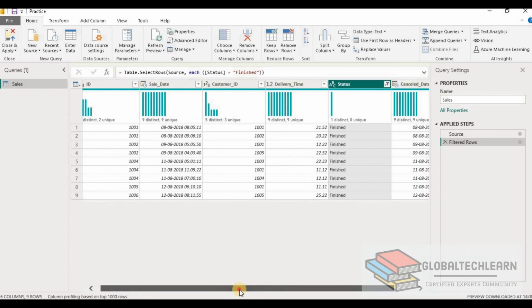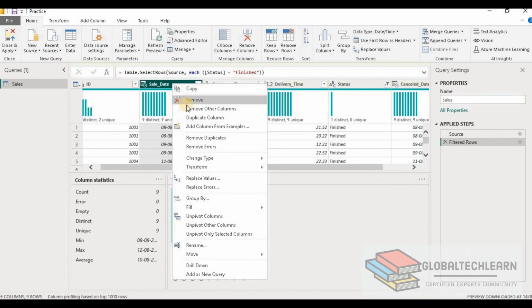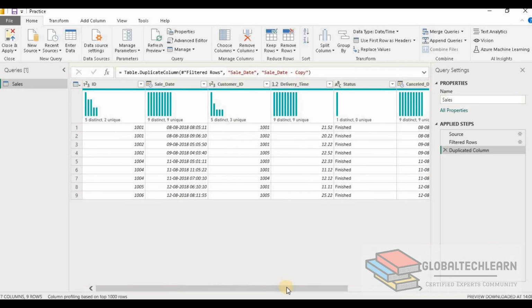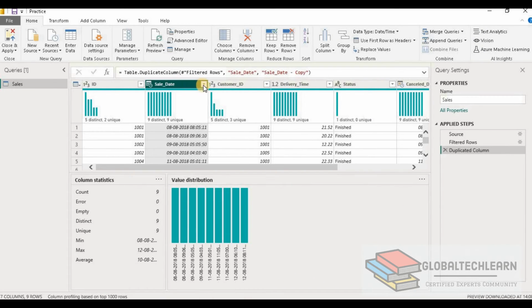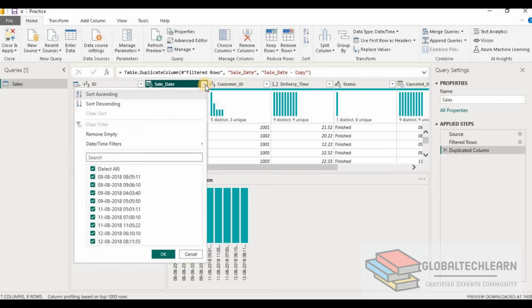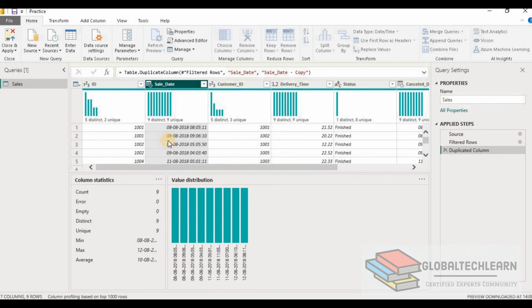Thereafter, the next option is to split sales date into date and time. For that, let's select this field and create a duplicate column of it. Now we have a sales date copy column. Under sales date, as we need only the date, let's change this to the date data type.